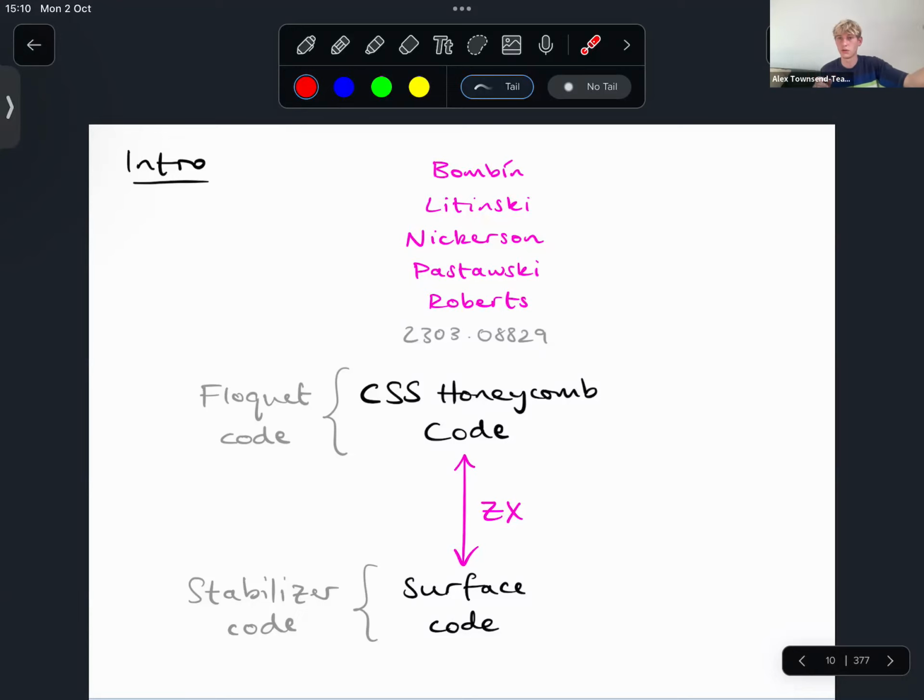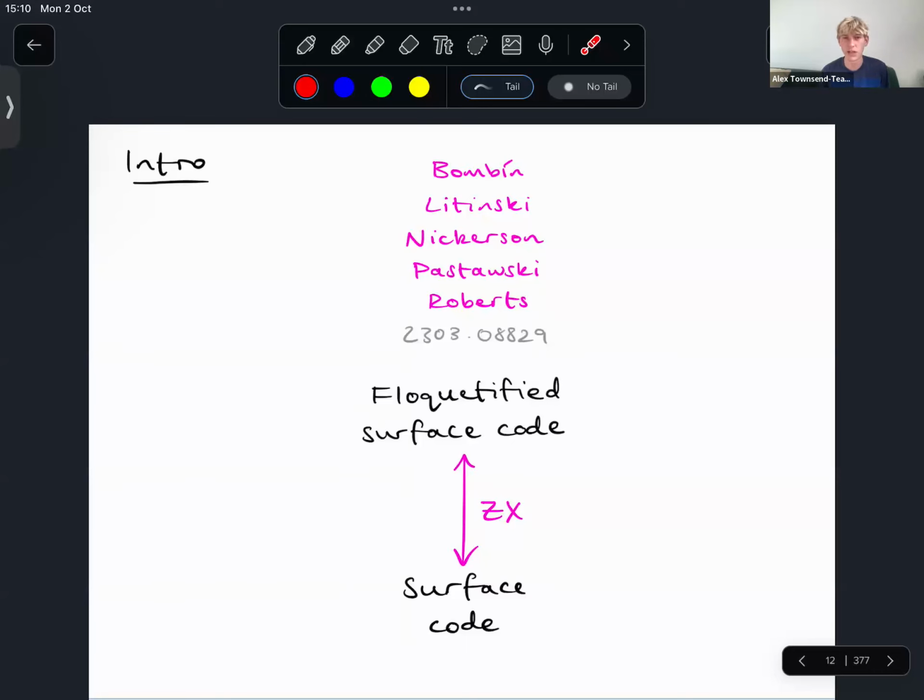So this Floquet code, which we thought was part of a class of codes that maybe really generalized stabilizer codes, turned out to be exactly identical in some way to the most famous stabilizer code of all. So I thought this was a super cool result. And in our paper, if I rename this to something that makes a little more sense for the rest of the talk, if I call this the Floquetified surface code now,